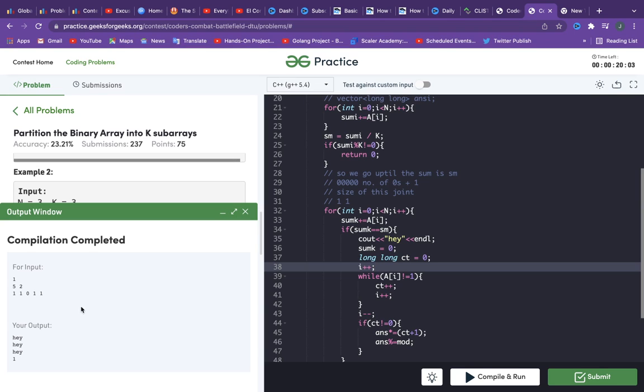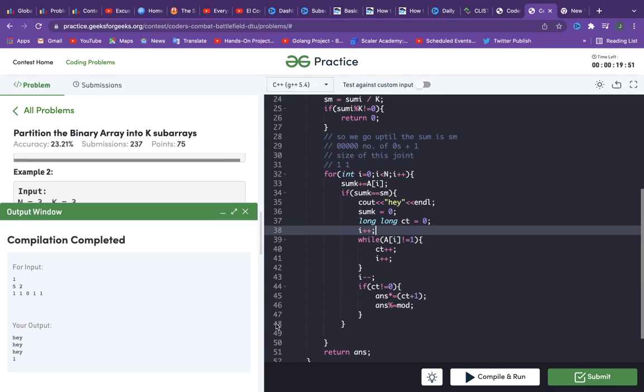But since we are now here, it should actually go here, so that in the next iteration it can actually come back to